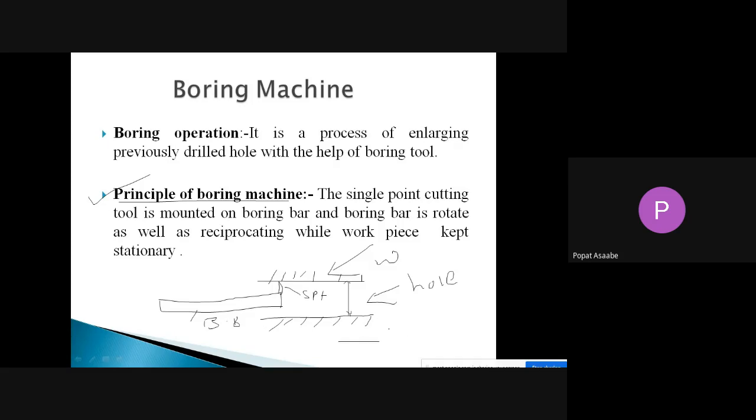Okay, and that workpiece will be stationary or rotating according to your type of machine. For example, suppose you are considering the figure here: your workpiece will be stationary, mounted on the table, and the boring tool will be rotating. Along with the rotation of the boring bar,